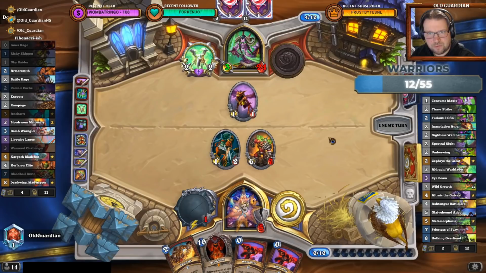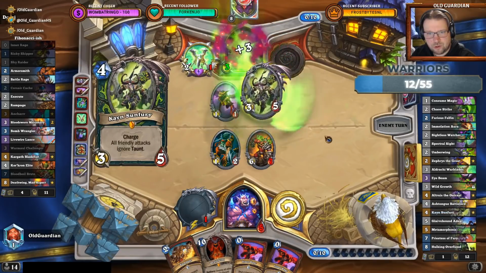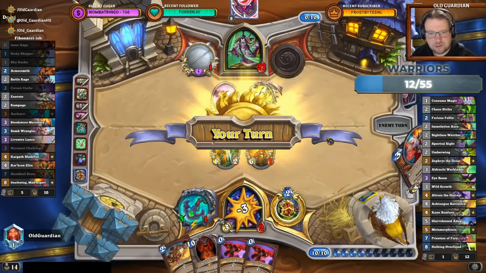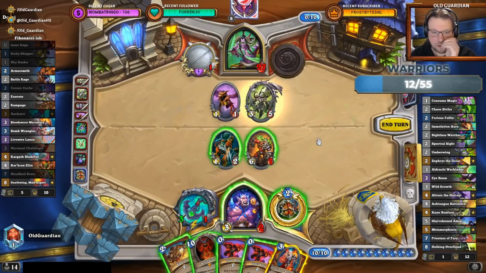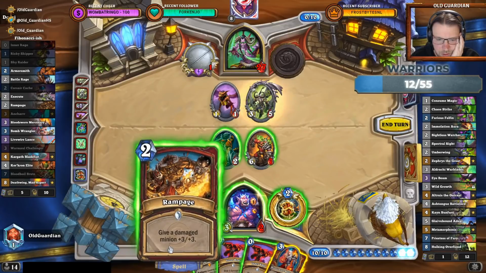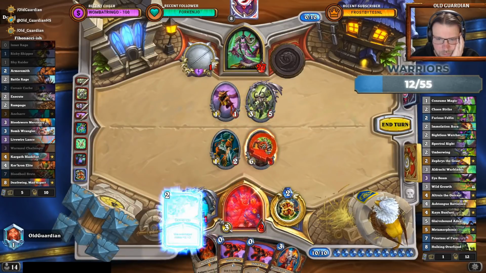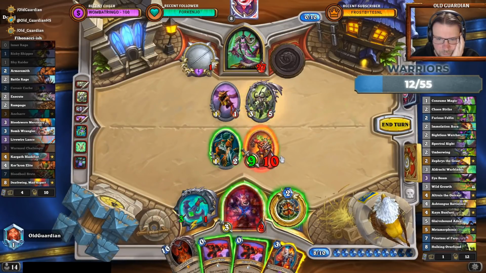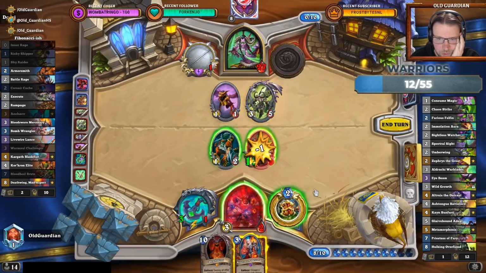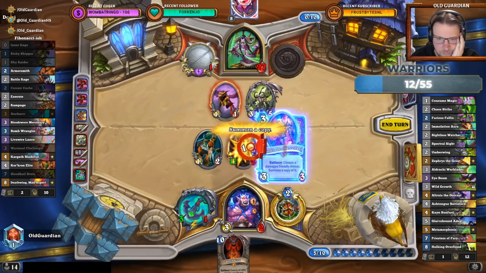Down to 5. Oh, down to 2 it seems. So dead next turn. I guess I will die next turn. He will have 1 damage at least from hand. No matter how big I make this, it won't be enough. Your flaws are your